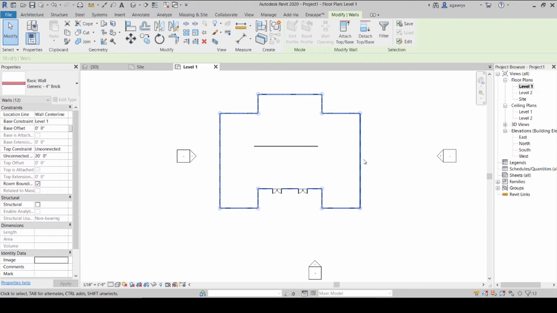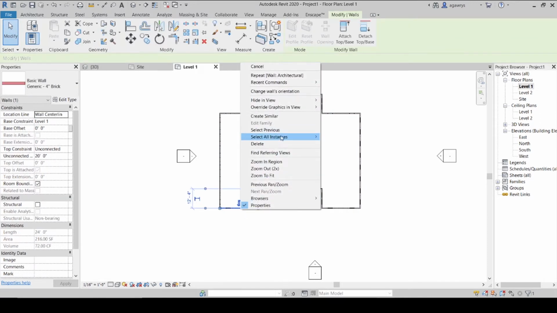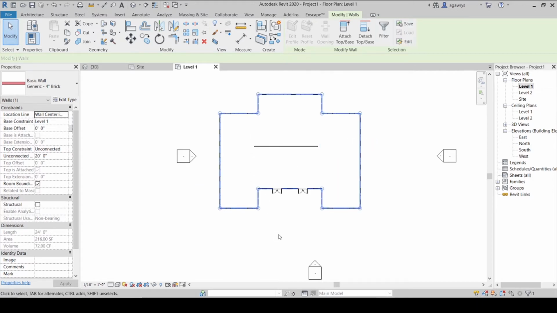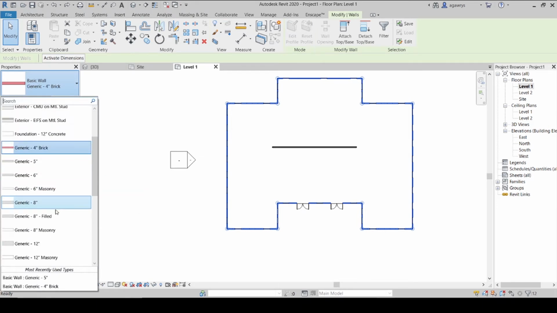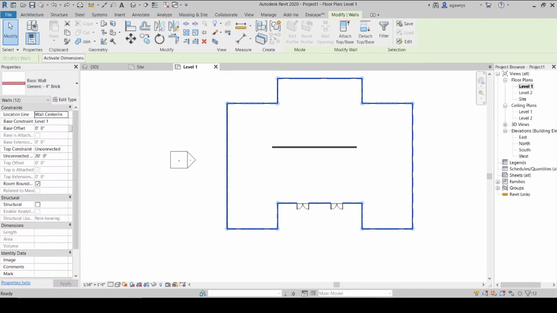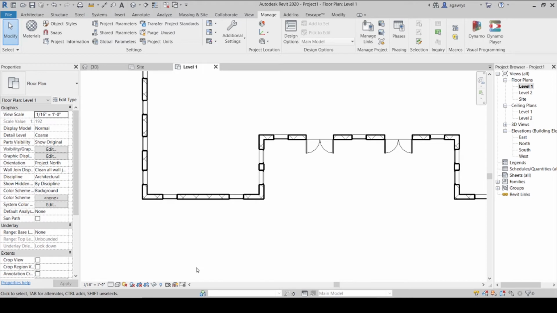What we'll have to do is zoom in to one of the existing walls that you want to change and select all instances. And then you can use visible in view or in an entire project. Once we do that, we have selection of all of those walls, and we can change them to a thicker wall. I'm just going to change it to a 12-inch masonry as something that I know is an exterior representation